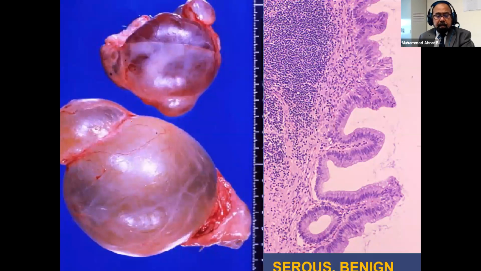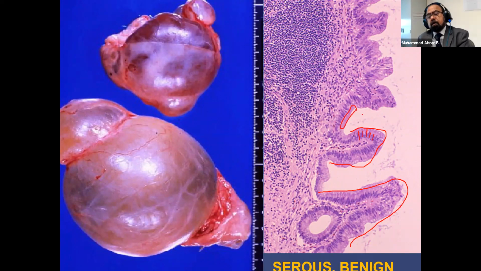Now, this is a benign serous cyst, and as I was mentioning, the outer surface is very smooth, shining, glistening. If you cut it and see, these are the papillary processes. So this is one papillary process. This is the other one. So you can see and demarcate them. These are all tall columnar epithelium. These are all cells, and they are single lined. And if you carefully see, you can see cilia here. These are all cilia,